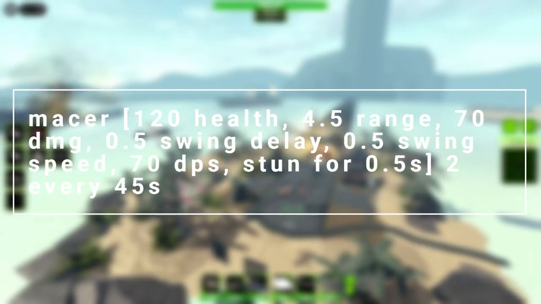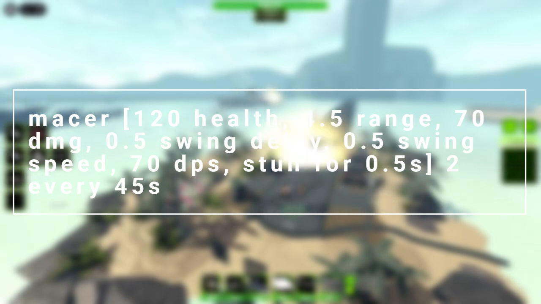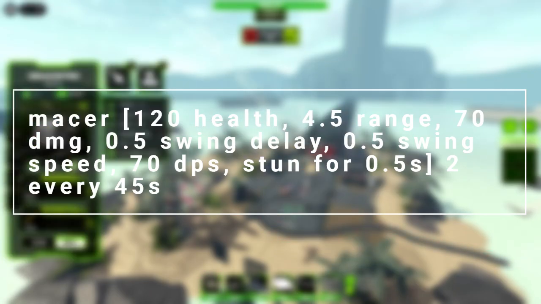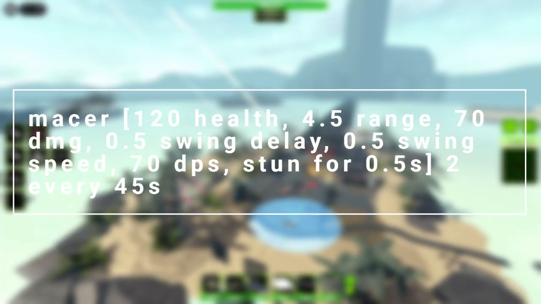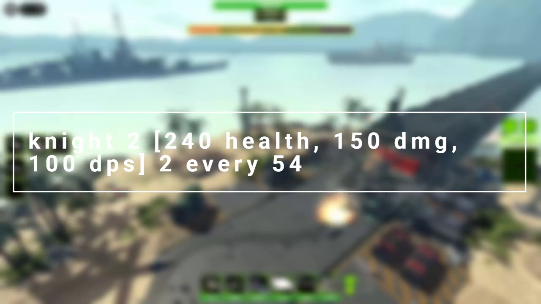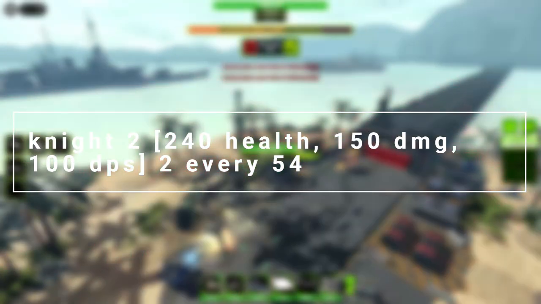The fourth top path upgrade is called Get Maced, which has a macer which has 120 health, 4.5 range, deals 70 damage, half a swing delay, half a swing speed, so swings every second, and about 70 DPS, and stuns every hit enemy for half a second, and 2 every 45 seconds. The knight is upgraded to level 2, which gives it 120 health, 150 damage, and 100 DPS, and 2 every